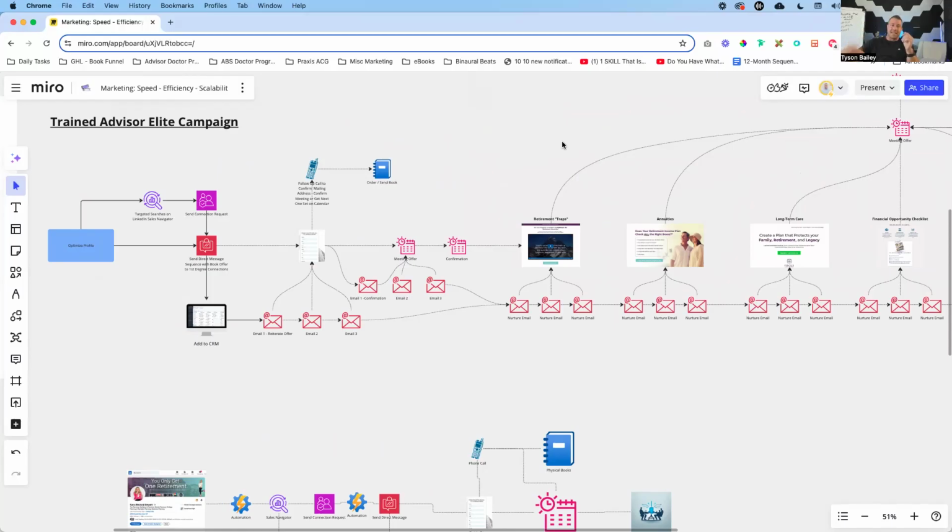Now, what happens is as you start getting into this, maybe you have fewer leads coming through than you thought, or maybe it's more work than you thought, which is what I find a lot of times with agents and advisors, regardless of what marketing campaign you're doing. But what happens is you start figuring out, okay, hey, just because I've got 10,000, 20,000, 30,000 first degree connections, I've still got to figure out how to follow up with people, right?